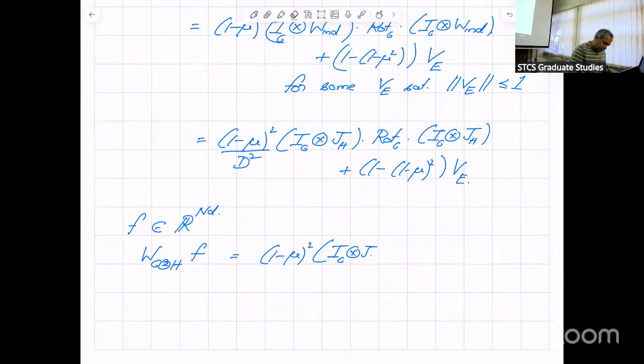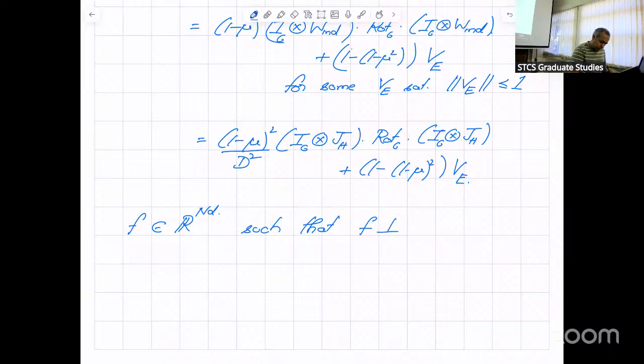And let's also take F such that F is orthogonal to the